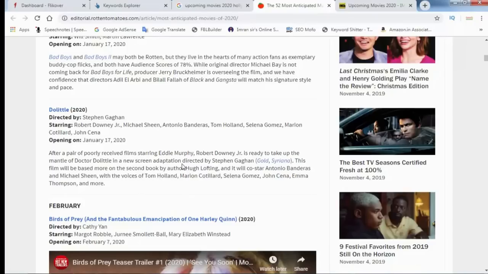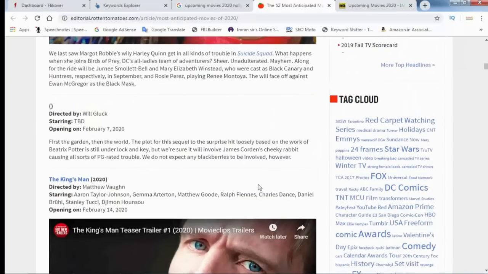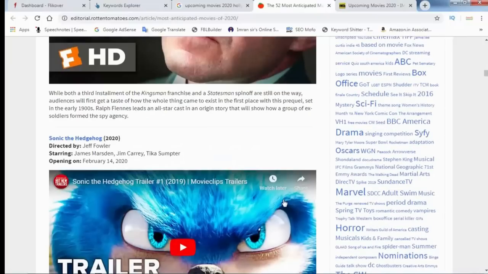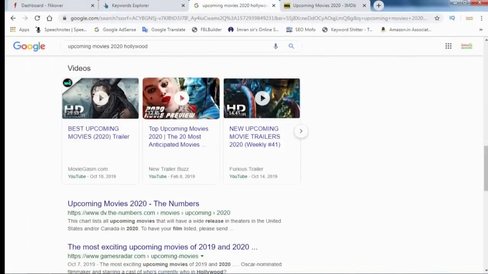We need only organic traffic from Google. Once we get traffic from Google, organic traffic from the search engine, after that we can use our black hat technique to get more clicks and earn more money on Google AdSense.